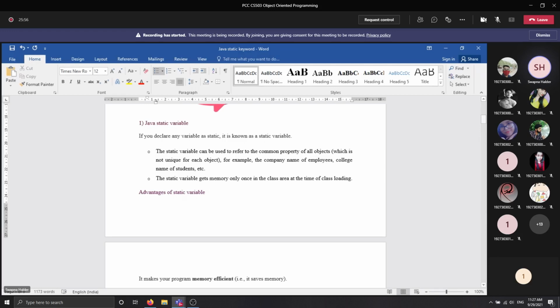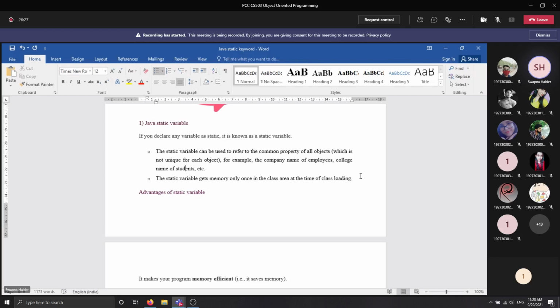That's why it is written here that the static variable gets memory only once in the class area at the time of class loading. Whenever you are creating objects of that class, the memory for that variable is allocated only once. Think about it: even if you create objects of that class 63 times, the remaining information gets memory separately each time, but the static variable does not.